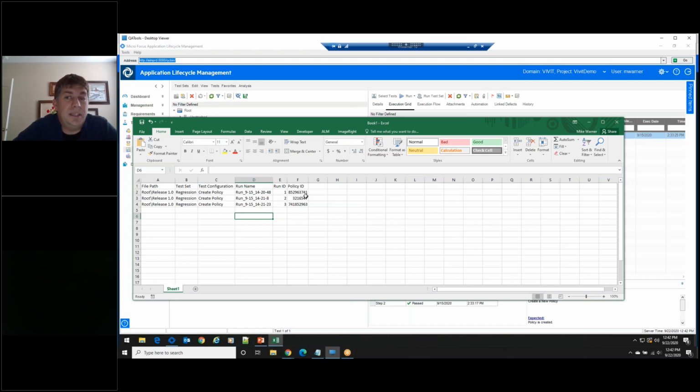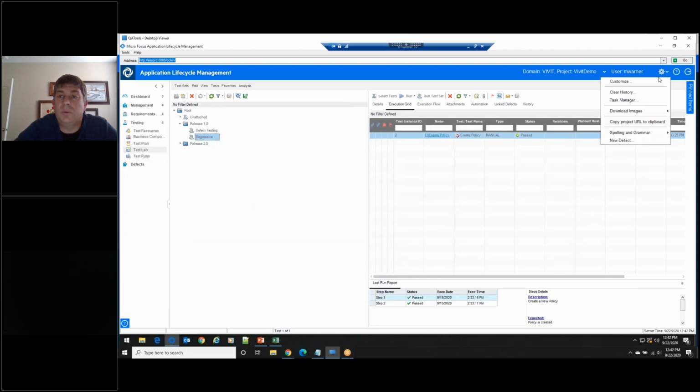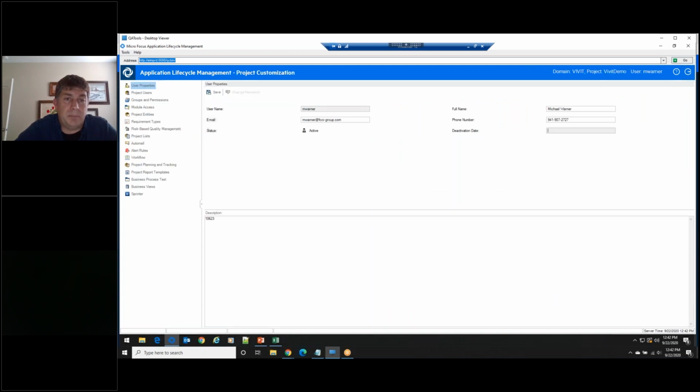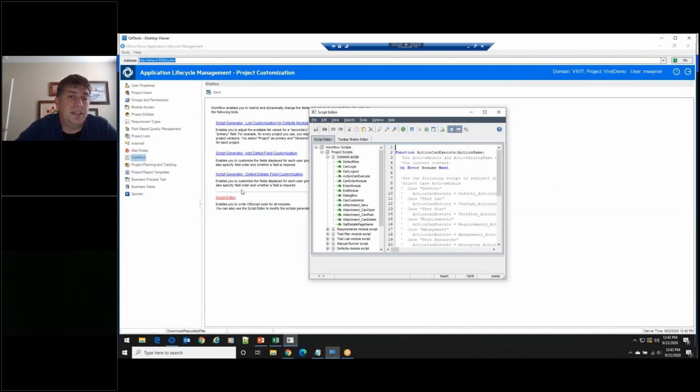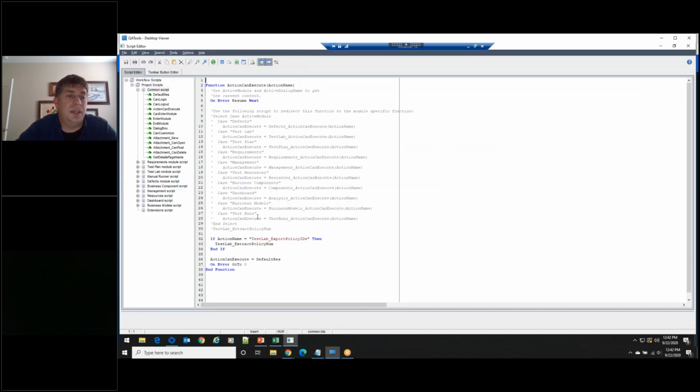Now, let me get back into the workflow. We were talking earlier about the renumber step, where you found in that debug view it said act_renumber step. This is where you would do it, just like we created our own. If action name equals act_renumber step, then execute renumber logic.